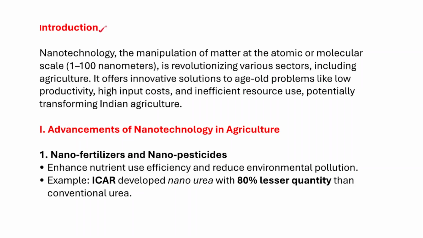So nanotechnology is just a manipulation of matter at the atomic or molecular scale, which means 1 to 100 nanometers, right? In fact, nanotechnology has been revolutionizing various sectors, including the agriculture sector as well. That means nanotechnology has the potential to revolutionize the agriculture sector as well,